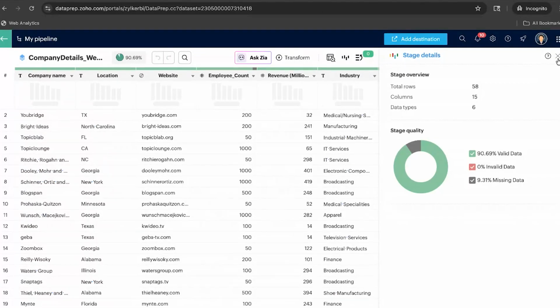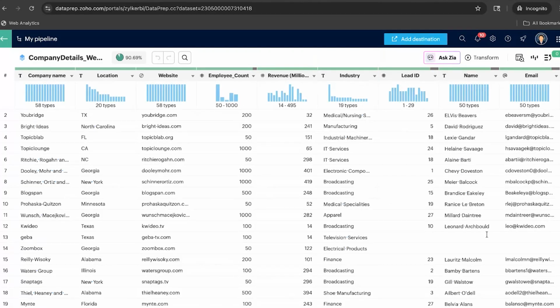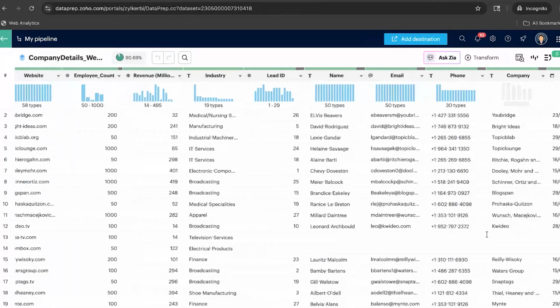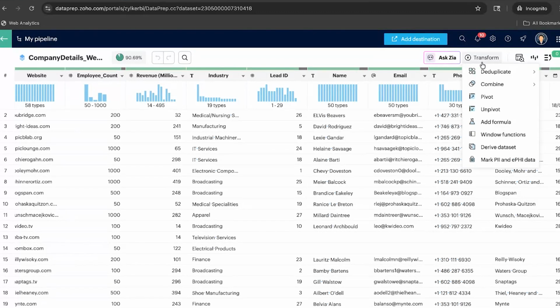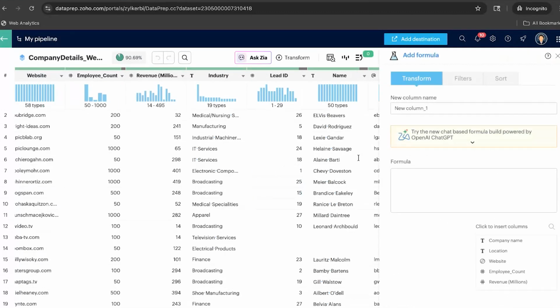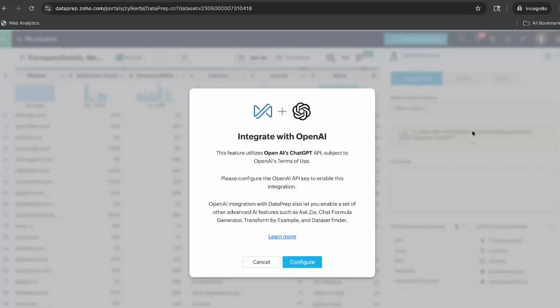And why this is important is because if you were to manually do this in your CRM, it is going to be time consuming. But once I have enriched it, I can easily push this information into the CRM and all of my lead data would be enriched. And I can also use this information and create smaller segments. Let's say I want to segment my data set based on